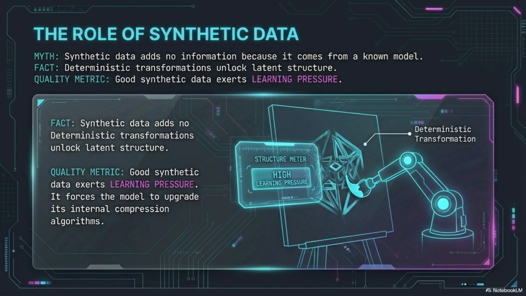This ties right back to the budget. Compute is so expensive, we have to know which tokens are buying us reusable capability versus which are just making us pay a memorization bill. It's a powerful shift in thinking. Stop asking which dataset gets a lower final loss and start asking which dataset gives me the most internal structure for the least compute. You want data where progress comes from learning compact rules.